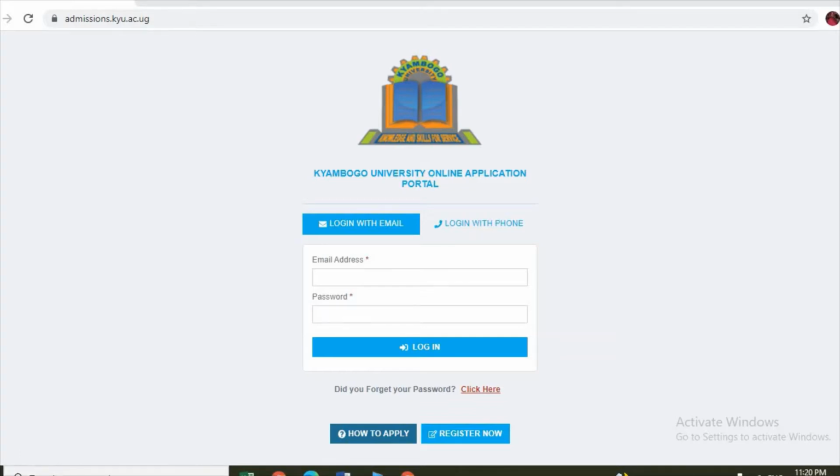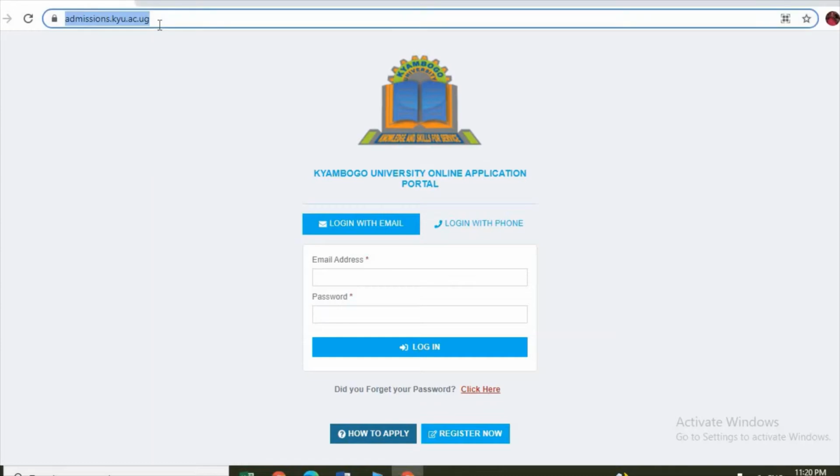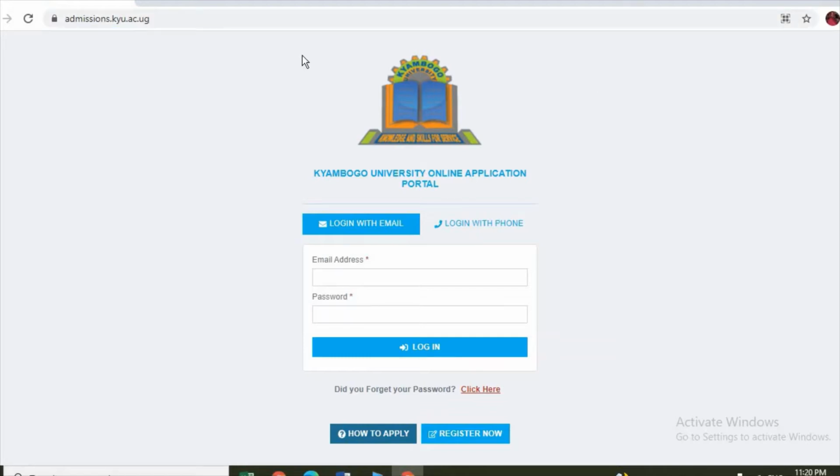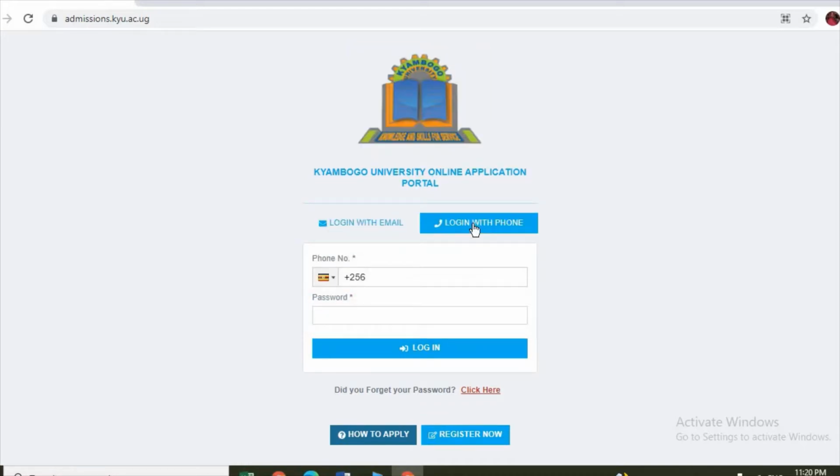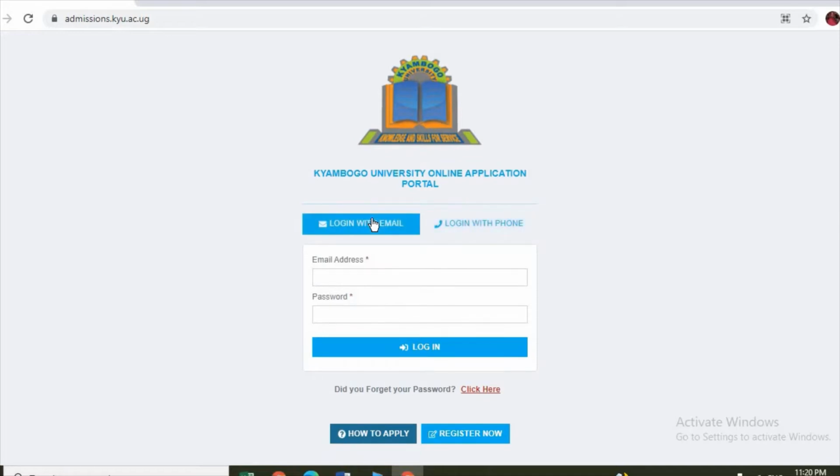Now, you open your computer or phone, then you enter in your browser this URL, admissions.kyu.ac.ug. It will open from this interface as you are seeing it here. Once it opens, it is asking you to log in. If you're already registered, here you can enter your password or email, or you can log in using a phone. Now if you are new